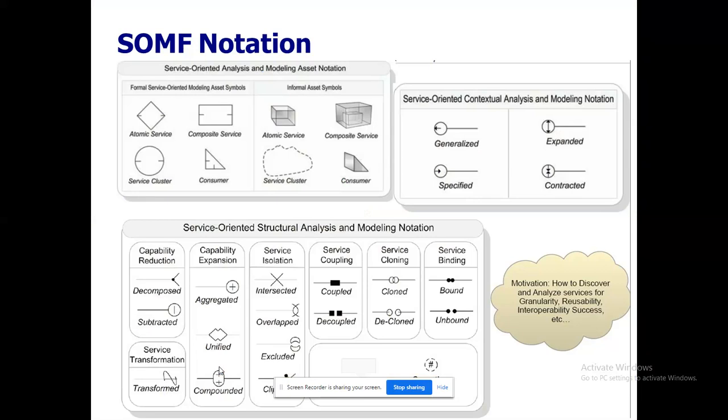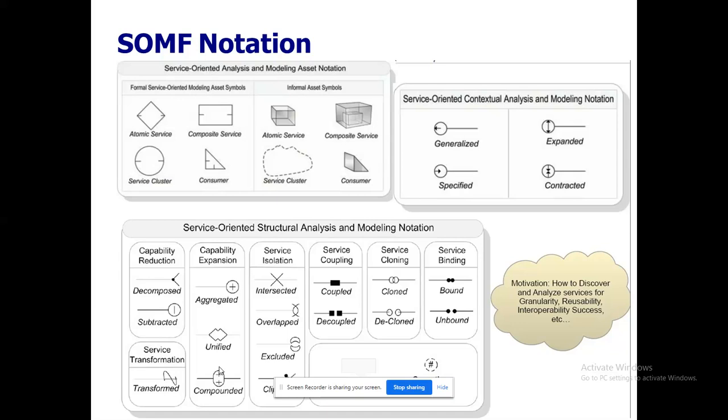So these are all the notations that you have to remember, because using these notations only you have to draw a diagram. How you draw the diagrams in your OOAD, the same way here you have to apply these things depending upon the use case scenario. First try to understand the symbols. They are not like the normal symbols you use in your flowcharts or other OOAD based notations.